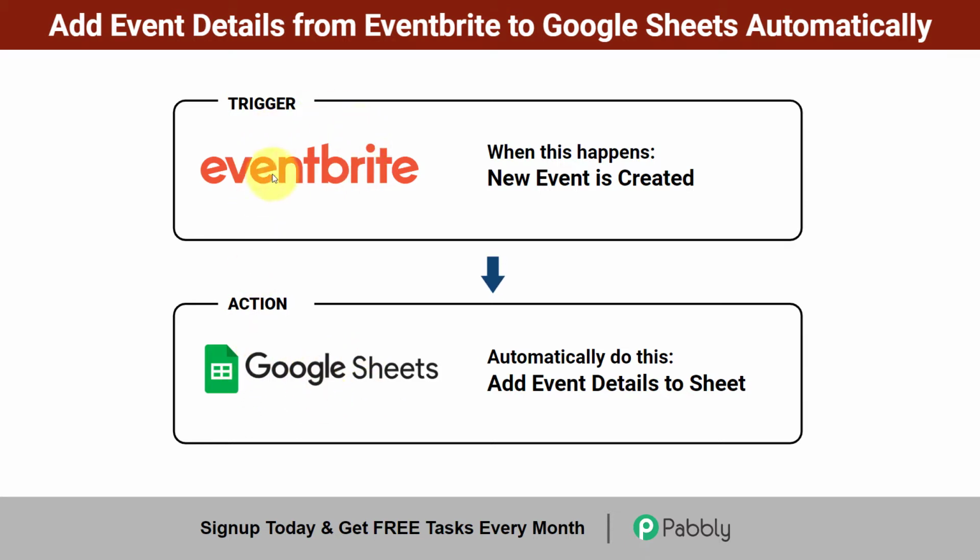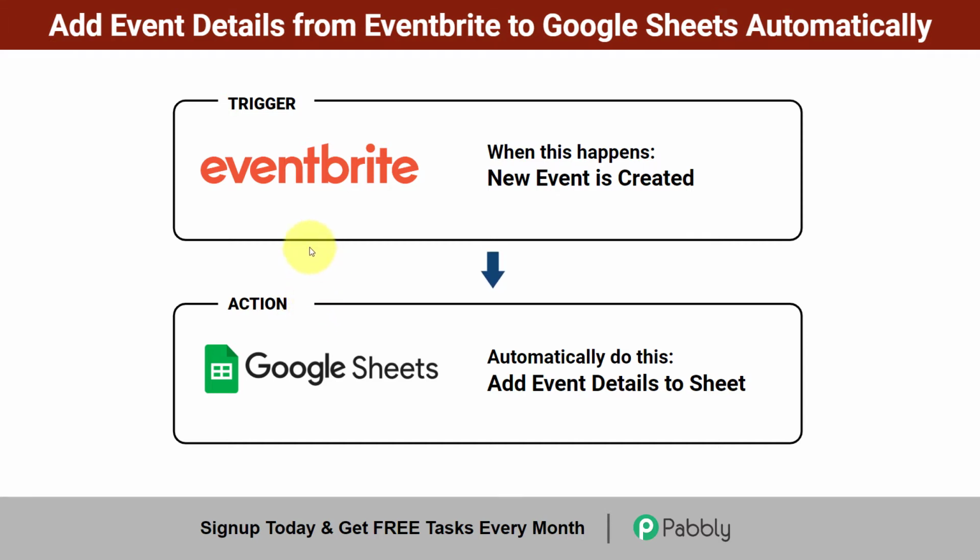So they can start their preparation in advance. But copying the event details manually one by one into the spreadsheet is really a time consuming task. So I have come up with a solution using which you can add the event details from Eventbrite to Google Sheets automatically. So what will happen, every time you create a new event in the Eventbrite software, the event details will be added into the spreadsheet automatically in real time. So if you also want to set this automation for yourself, then come with me and I will show you